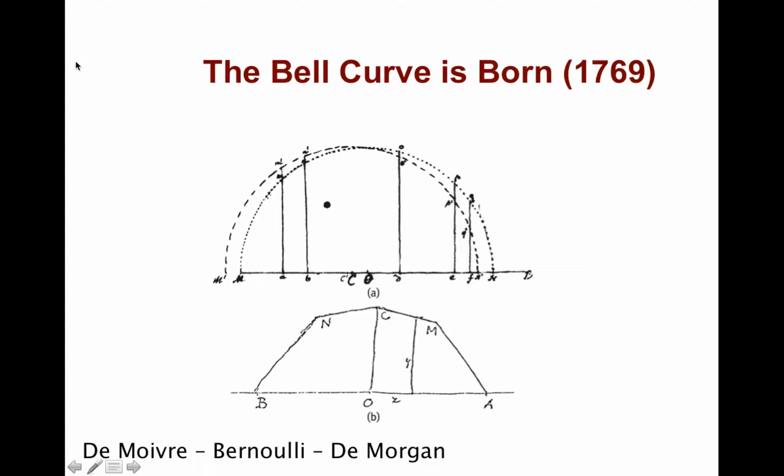But where we're going to start is with the bell curve. And so this is the bell curve. And what they were trying to do is calculate the area under the curve, which is much easier now with the computing power that we have and some handy calculus. And so they were trying to figure out like how much is between these 2 points. And so that's how much probability occurs between those two